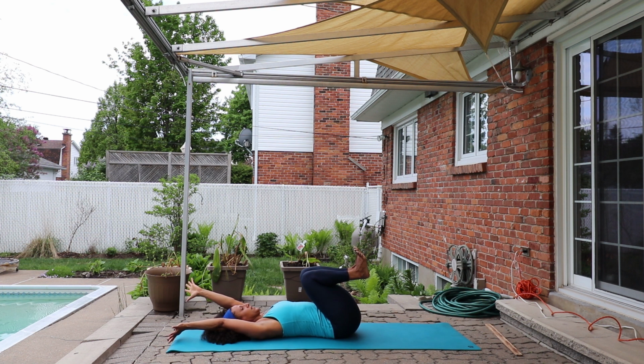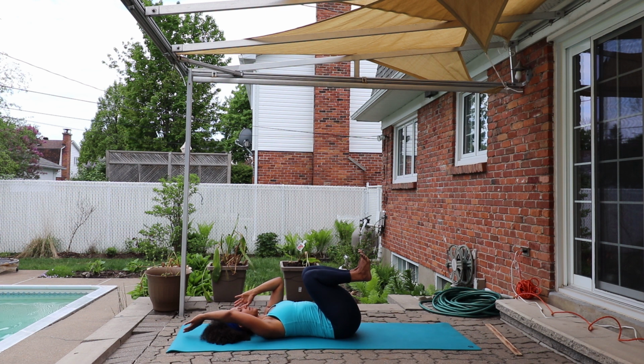Breathing in, filling up the belly, filling up the chest. Breathing out, emptying both areas. One more, bring that chin in. And then slowly put the head down. Slowly bring one arm, and then the other. Release. Lovely. So we're going to do two more for the cervical spine, working our way up a little bit,